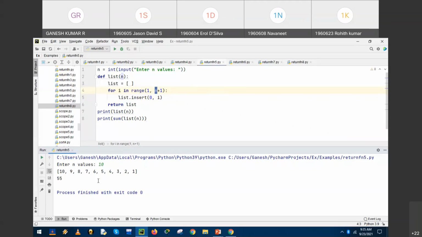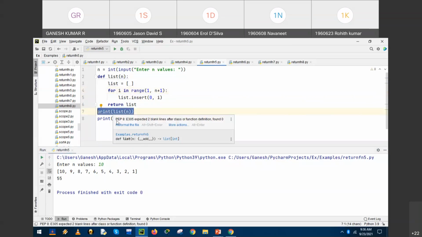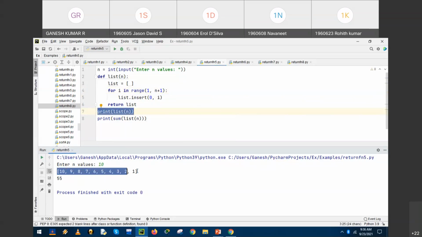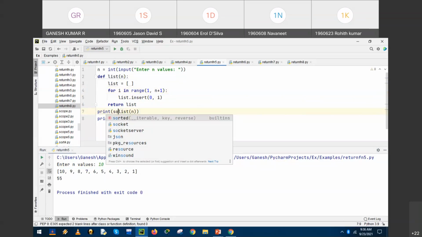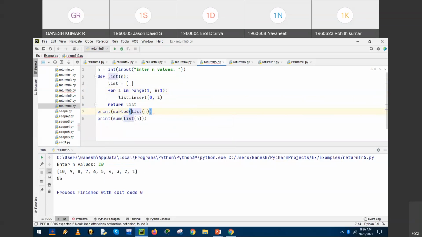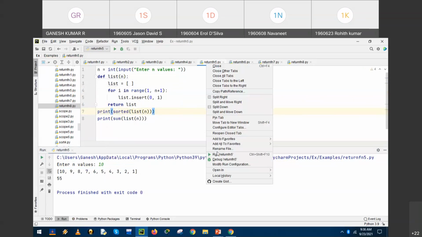So we have to introduce the sorting function, sort. Okay, so we had already discussed the function earlier, right? Print list. This is the statement, print list of n. This is the statement responsible for displaying the complete input data. So by introducing the SORTED function, we will get what is expected.